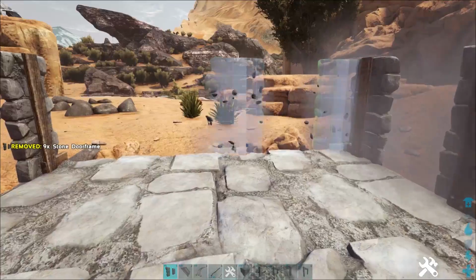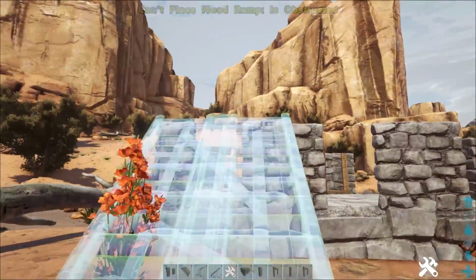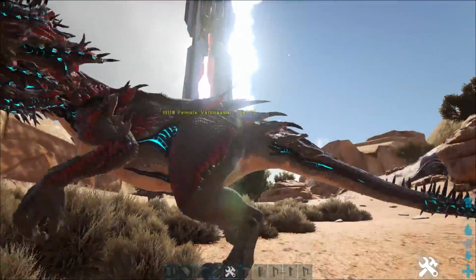So you can see here, just do that. Okay. Next up, you just want to chuck your ramps onto the side that the Valenosaur is going to walk into. Alrighty guys, so once you've found the Valenosaur that you want to tame up, kind of just stick near him,